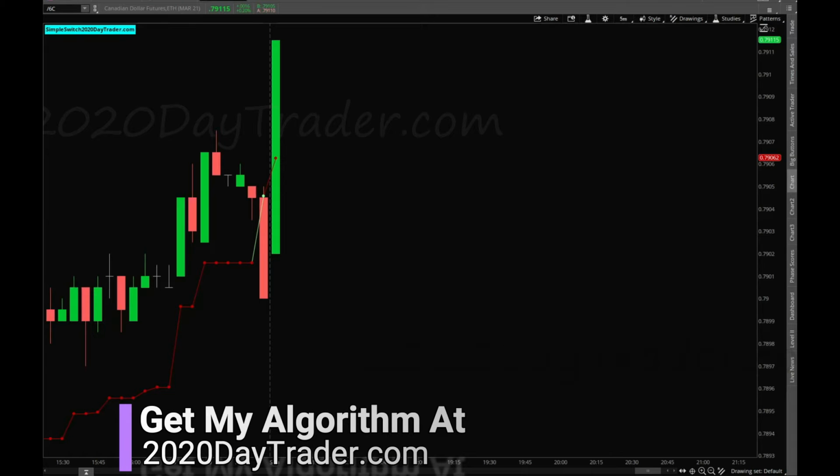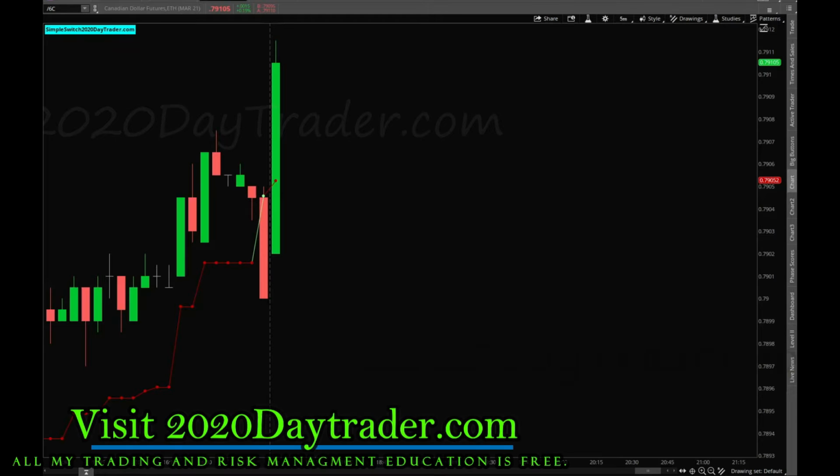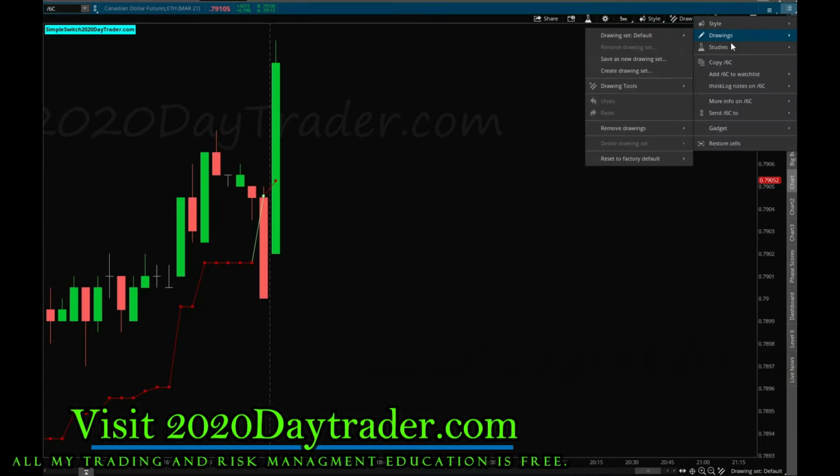So here we are. We have a switch and we have a red dot on this candle. So we're going to short that as soon as it closes. Right now we're on the 5 minute candle. We've got about 2.5 minutes left, and then we're going to go ahead and short this trade,